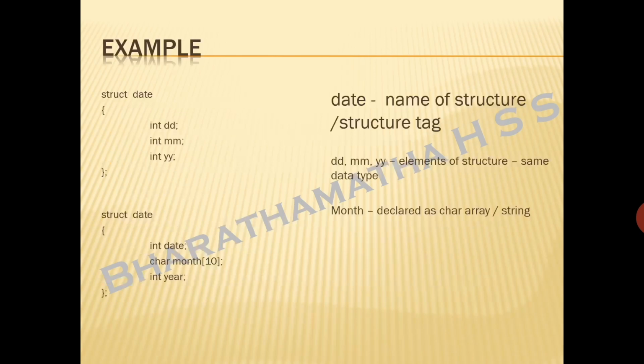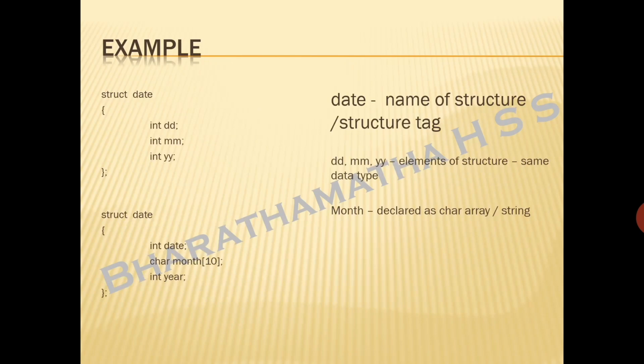So the first example on top, struct date, you have int dd, int mm and int yy. In this example, I have gone with a simple definition where all three variables are declared of the same data type.